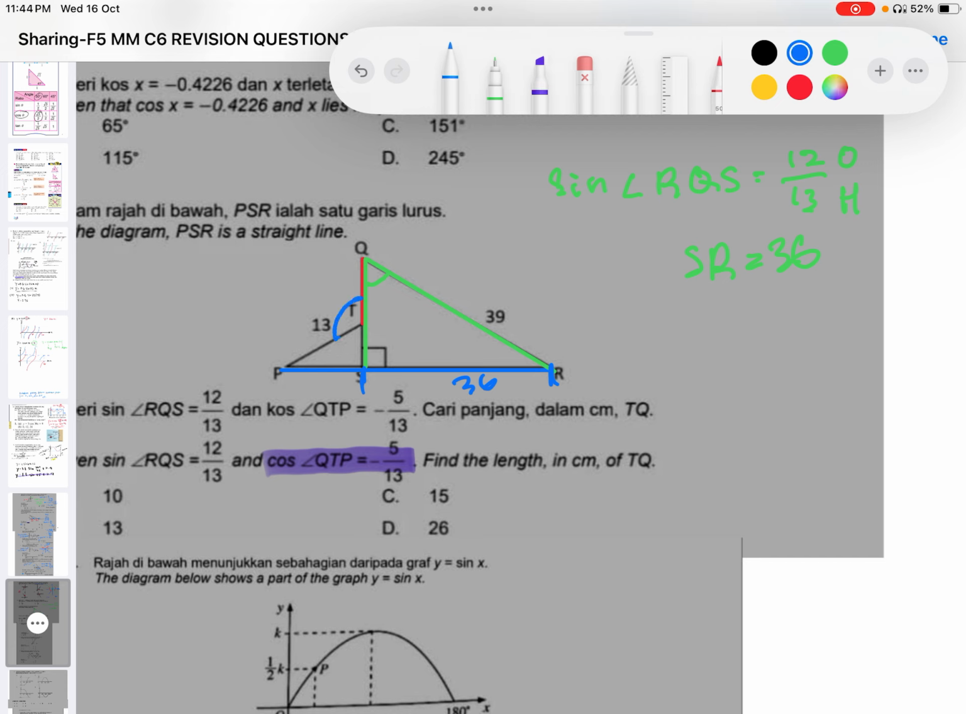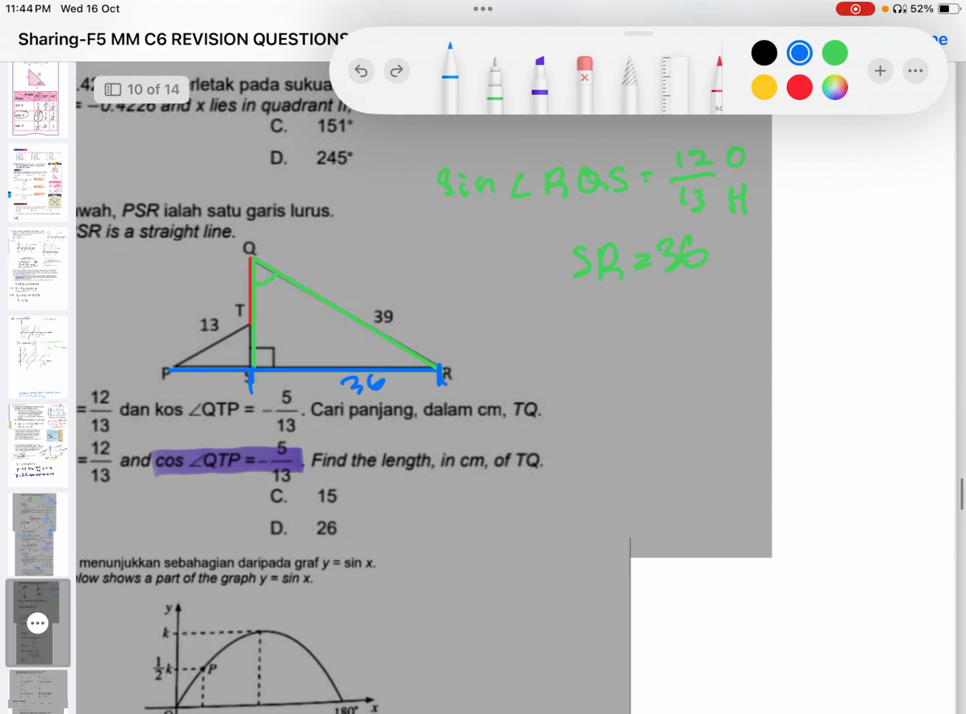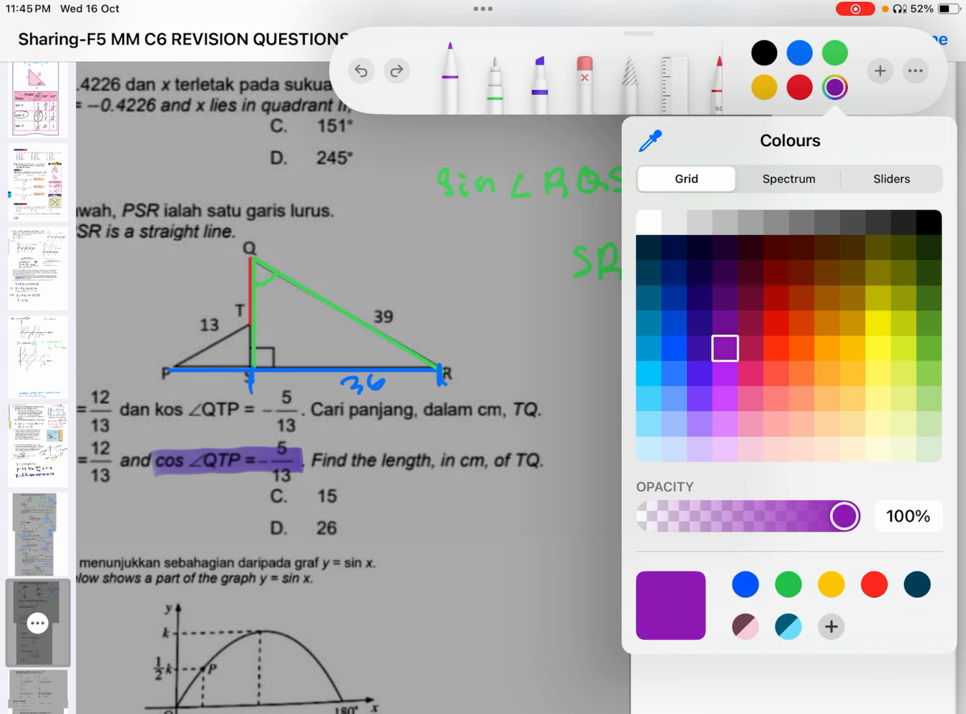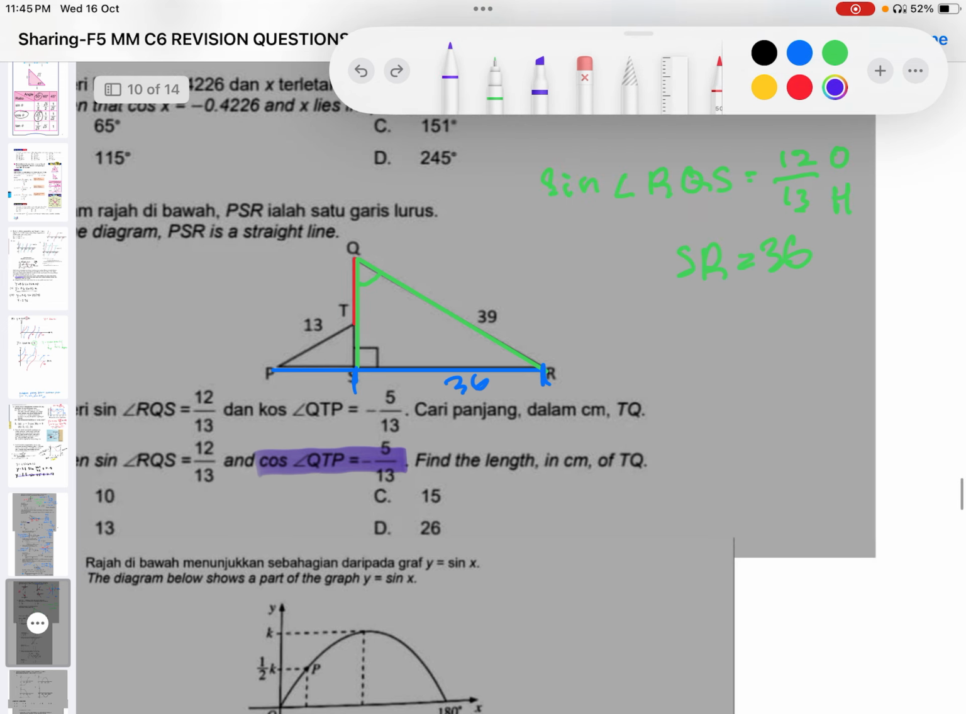Dekat sini QTP, I'll do it in purple. So QTP will be this. Okay, so cos PTS, the corresponding angle will be the other corresponding angle, which it will be positive 5/13. So over here